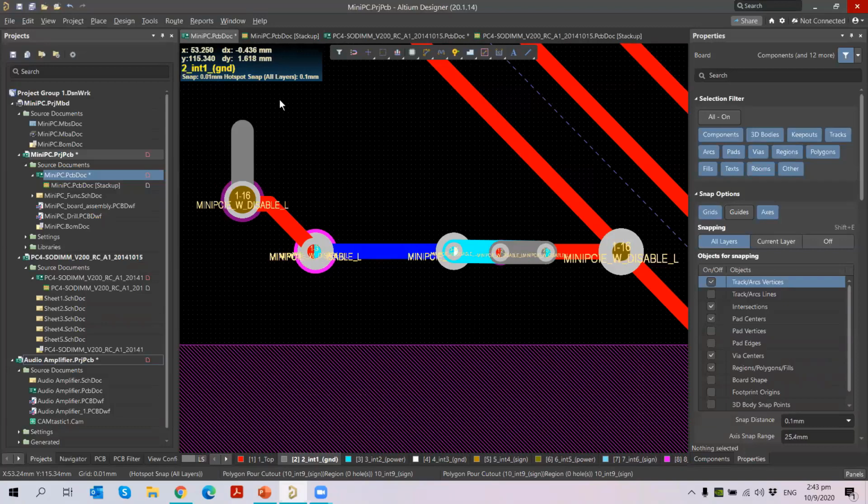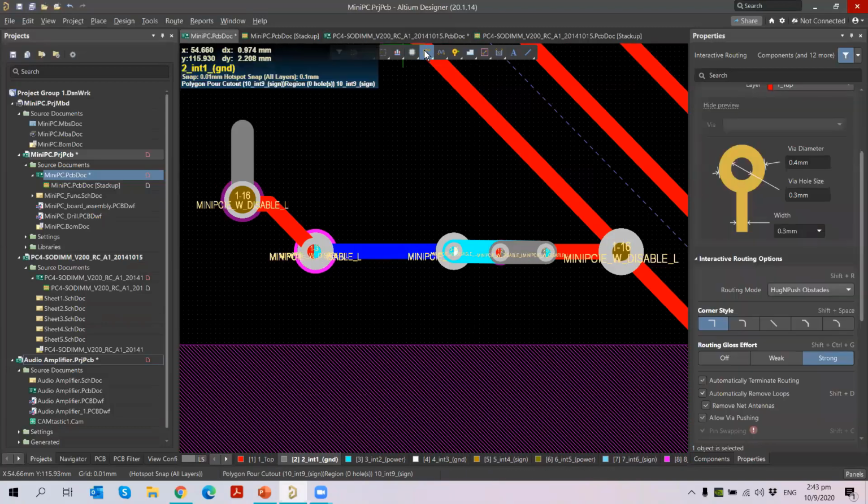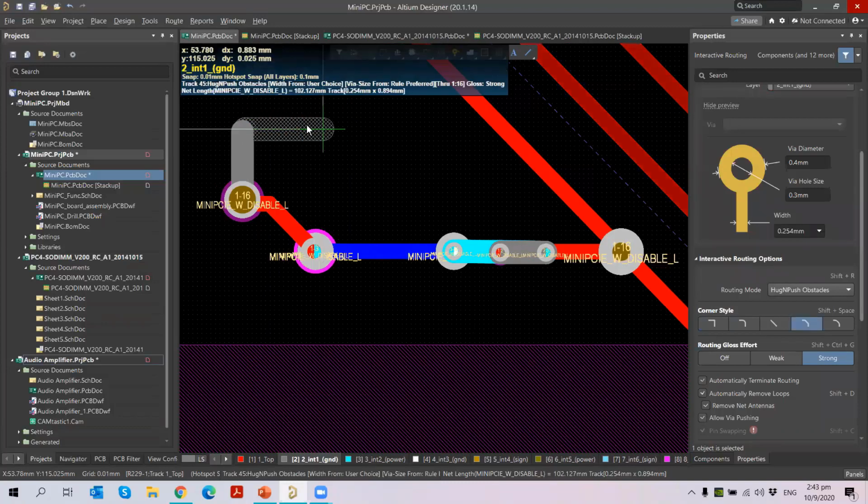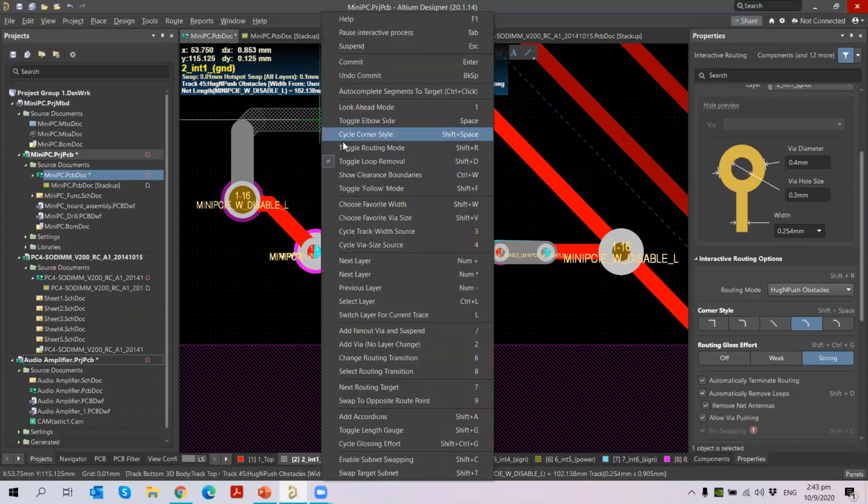And then, for example, I want to see the shortcut keys. I go to the routing, and if I want to see the shortcut keys, you should be inside the command and press your tilde button. You will see there is a tilde button in your keyboard, which is below your escape key. Press the tilde button. Automatically, you will see the shortcut keys.